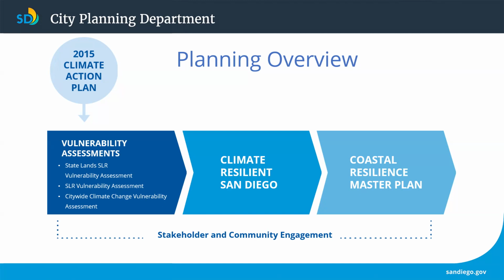The first step in the planning process was the completion of vulnerability assessments to understand citywide what assets and resources would be vulnerable to climate change-driven hazards, including extreme heat, wildfire, sea level rise, and flooding. These vulnerability assessments help to inform Climate Resilient SD, the city's climate adaptation and resilience plan that includes a suite of strategies to mitigate risk to climate change hazards, build community capacity to respond and recover, and build a more